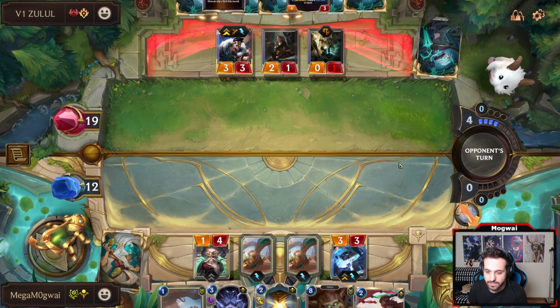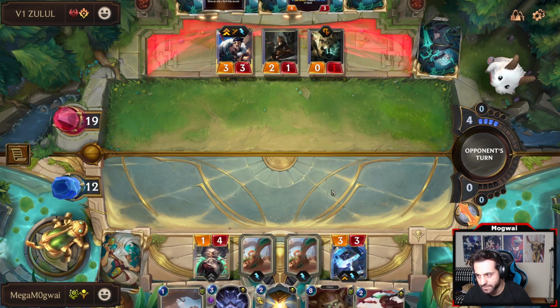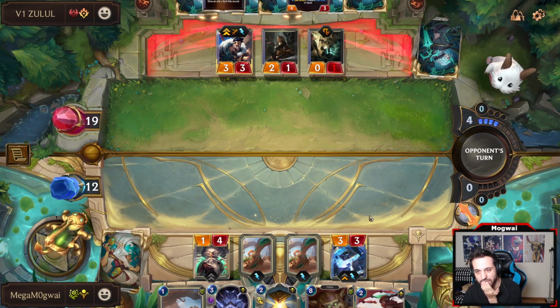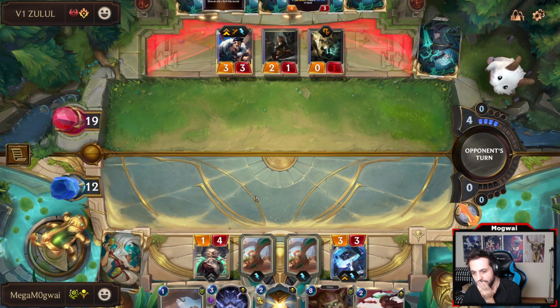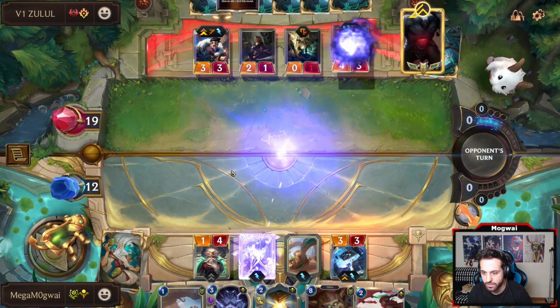Obviously, a Get Excited hits us hard here. But I do have the Explosive Minefield. I have Ancient Hourglass as well. I got places to make next turn. But Get Excited would suck to remove my XERATH. That would be pretty brutal, because I would like to be able to make use of this Rite of the Arcane here. Taking quite a bit of damage, but not quite, like, we're still...